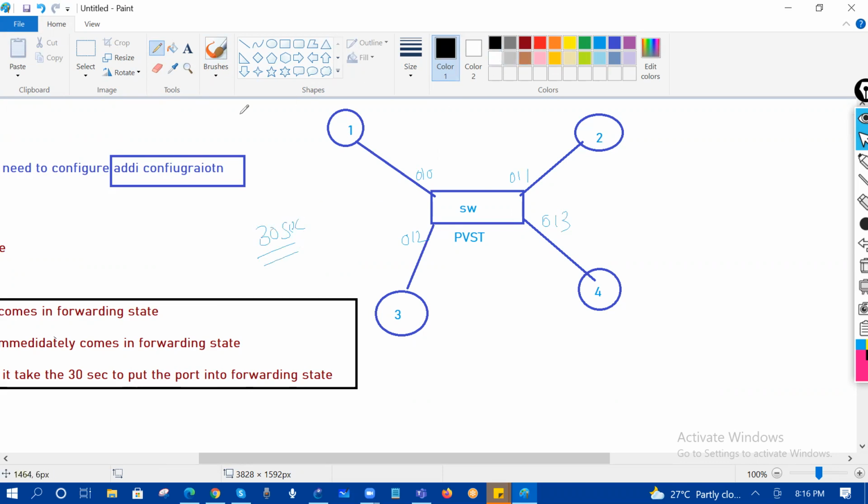What is the EIGRP hello time? The EIGRP hello time is 5 seconds, and the EIGRP hold time is 15 seconds, right? For example, if your link gets flapped, what happens? Your EIGRP will come up within a second, but PVST will take 30 seconds to make this interface